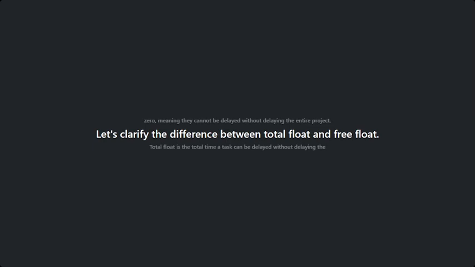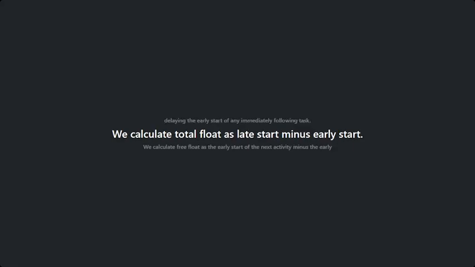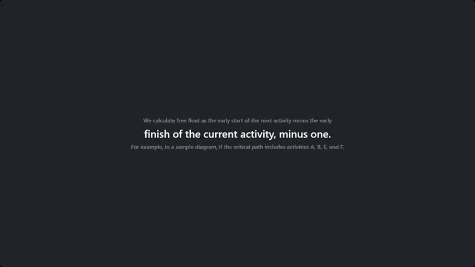Let's clarify the difference between total float and free float. Total float is the total amount of time a task can be delayed without delaying the project finish date. Free float is the amount of time a task can be delayed without delaying the early start of any immediately following task. We calculate total float as late start minus early start. We calculate free float as the early start of the next activity, minus the early finish of the current activity,